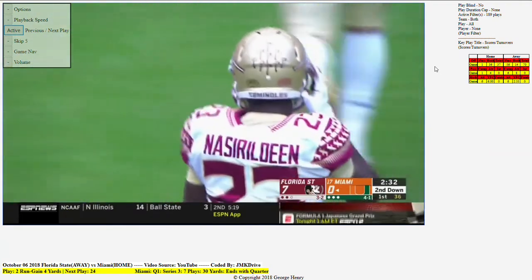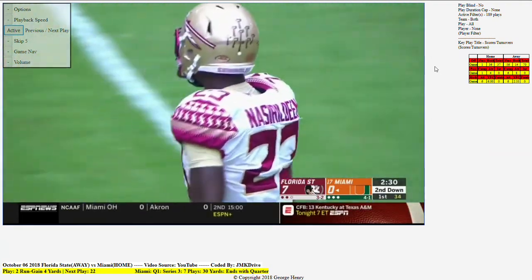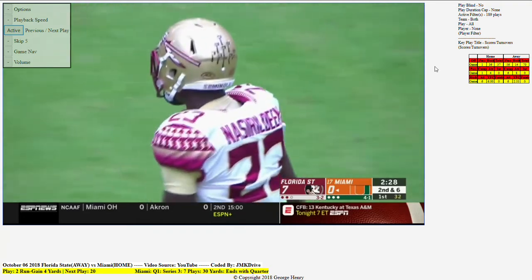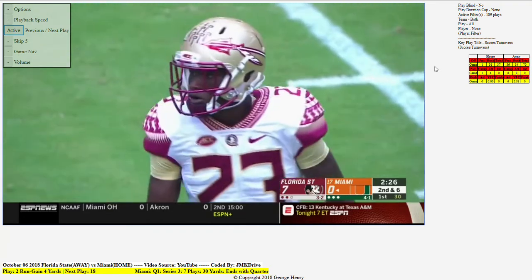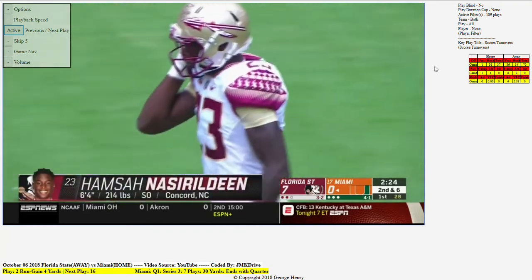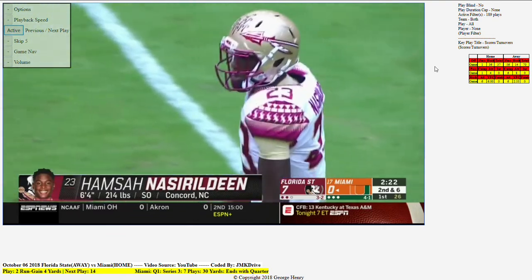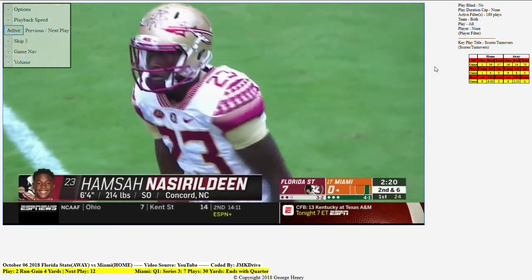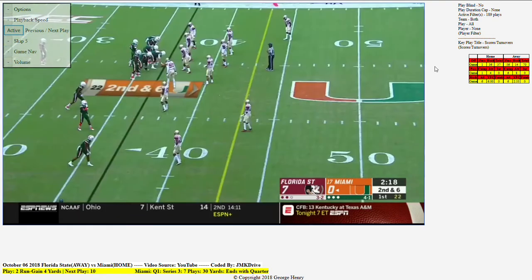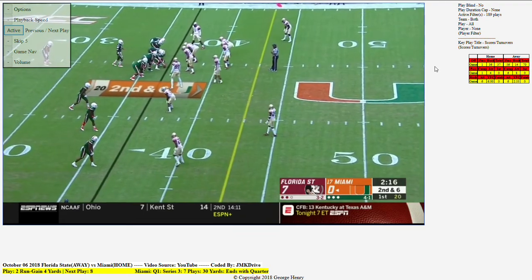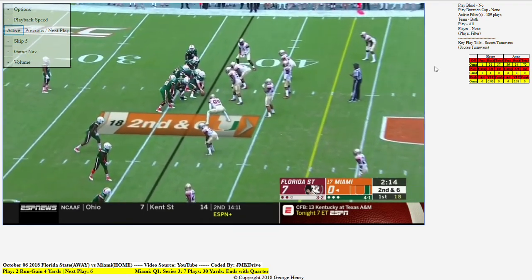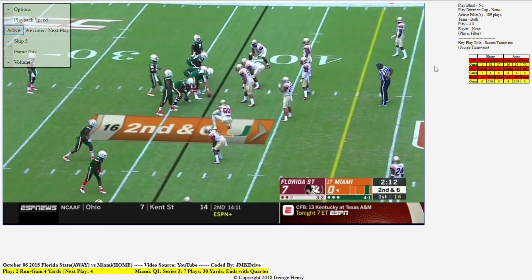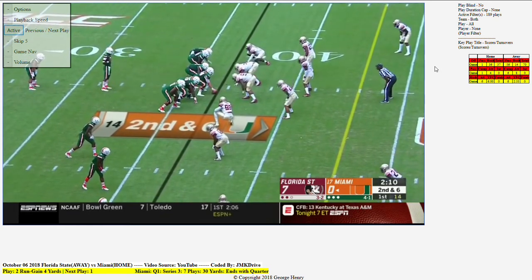I think that generally speaking, there are key plays in the game, and what you consider to be a key play is kind of subjective. But I wanted this functionality because